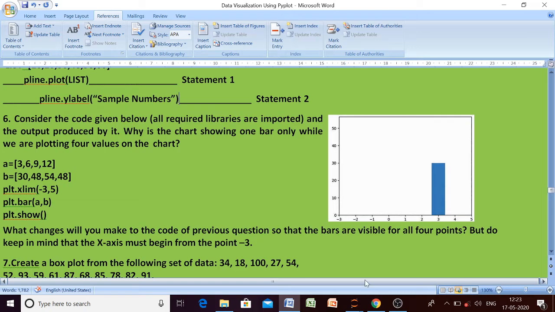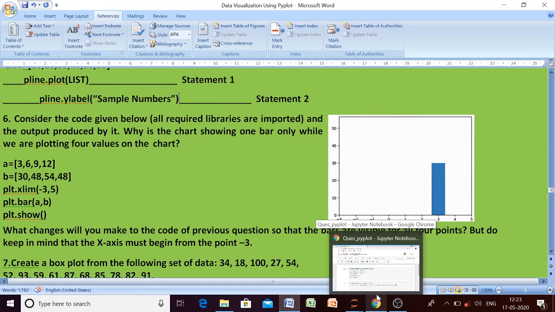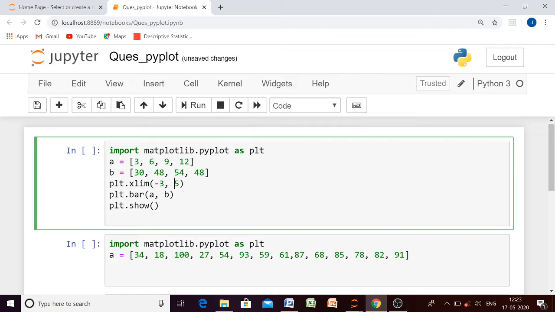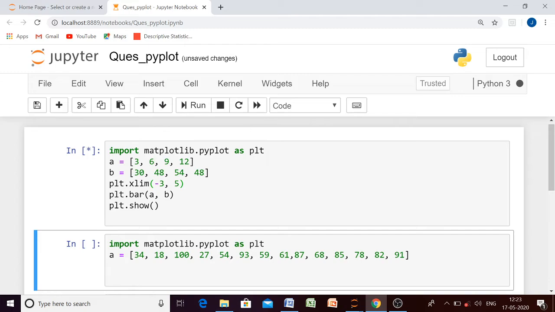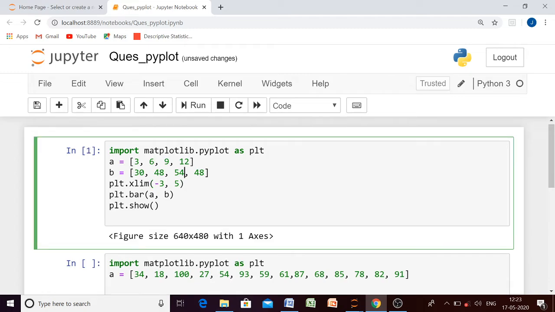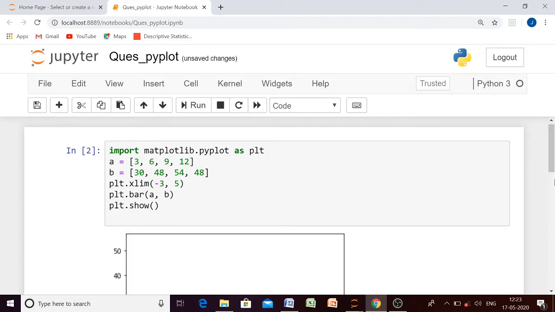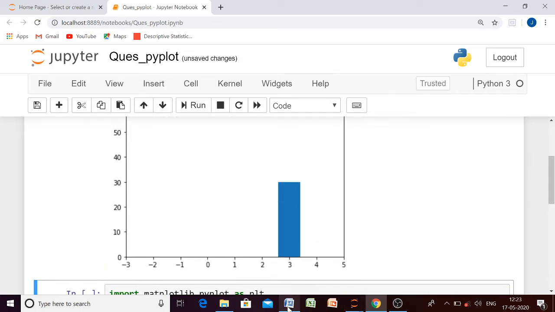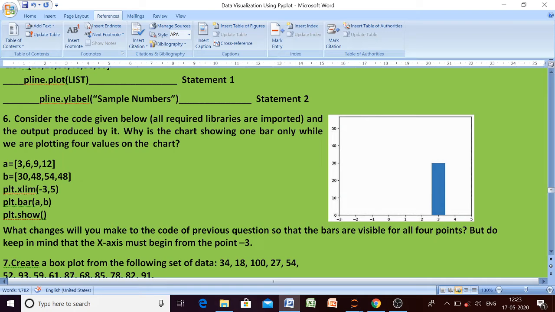So let us do it using code. Okay, so the question is given like this. Let us execute this and see whether we are getting only one bar or what. Yes, see beta, we are getting only one bar. So can you identify what the problem is?